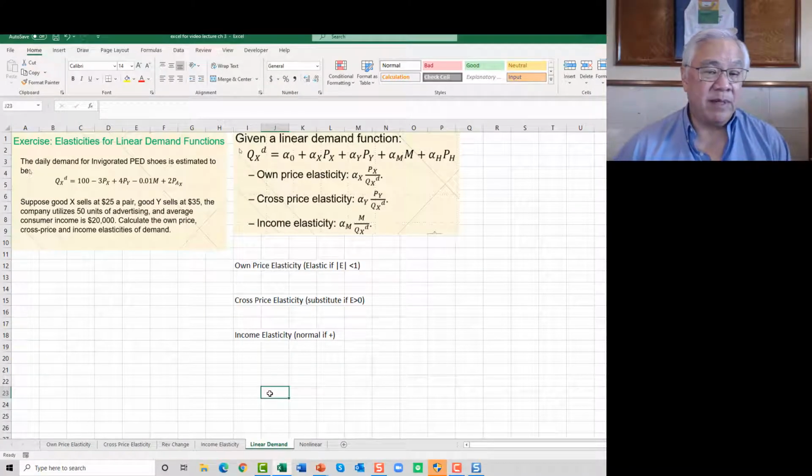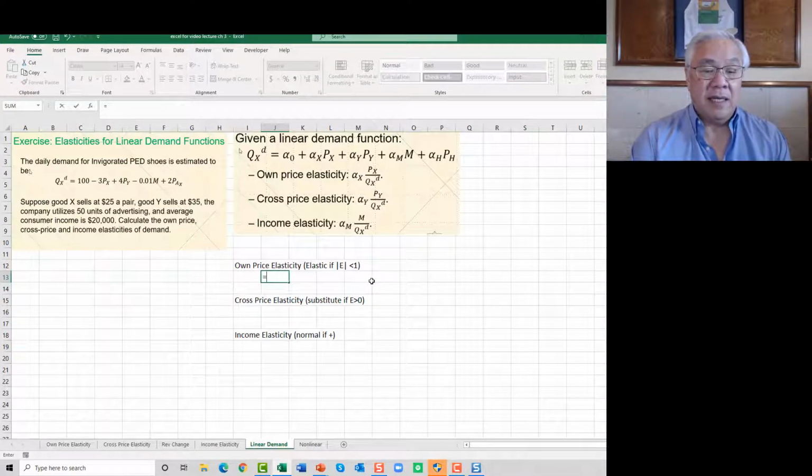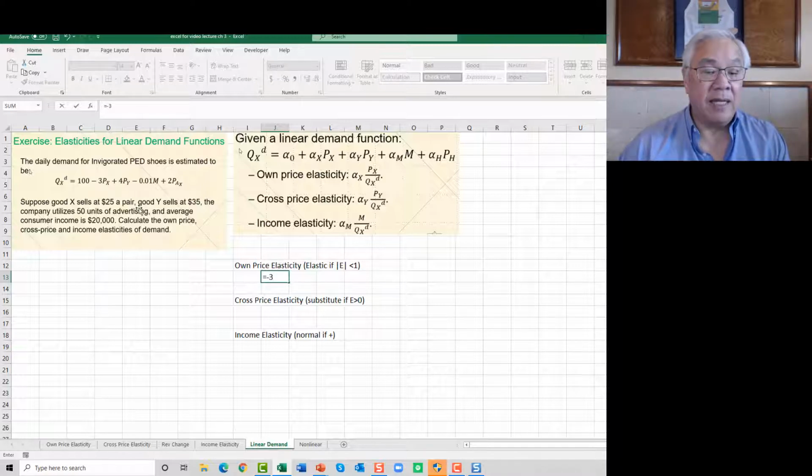So we have the problem on the left and the handy formulas right above us. The own price elasticity is calculated with the expression for alpha X, which is given here, is -3. And that's multiplied times price of X, which is given here, $25, divided by the quantity of X, and here